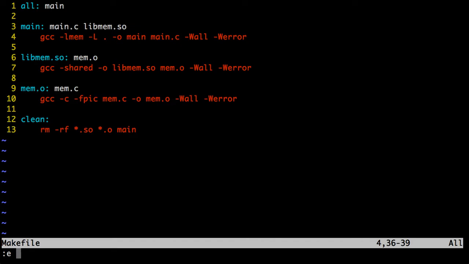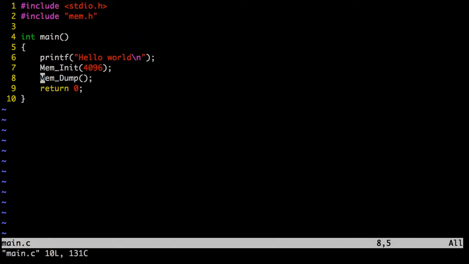So let's look at what main.c does. In main.c, we include the mem.h header file so that we know what functions we are using. And then we just say we're going to do mem_init of 4096, so we're getting a page of memory. And then later on, we'll be doing things like mem_free, mem_alloc, and so on and so forth.